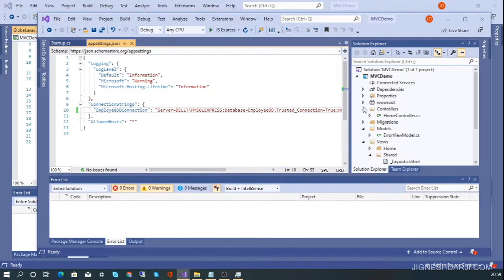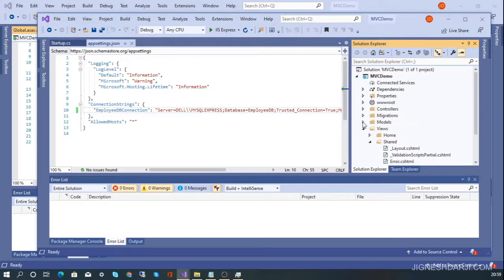You can check, this is the sample when we create the default ASP.NET Core MVC project, and this is the default structure for a Core MVC project. You can see the Controllers, Models and Views folders, and along with that the wwwroot. This wwwroot is to provide static content, such as style sheets, CSS and images. We can include that static content inside the wwwroot folder. Apart from this, controllers, models and views are the same as in our MVC project.